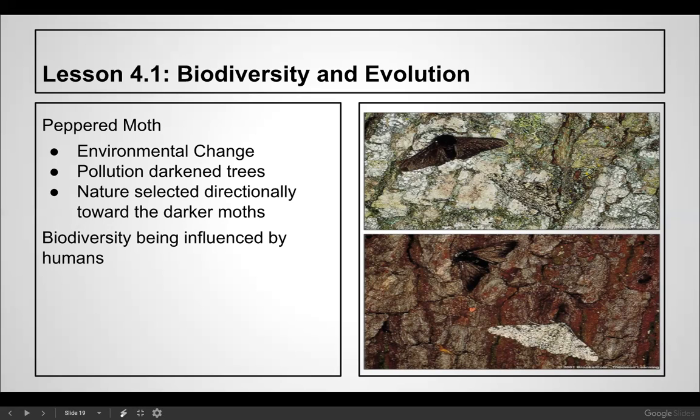So which gene would no longer be as popular in the population? Well, it's the gene for the trait, the allele for the white color in that moth was shown a lot less in the gene pool because the black ones were not eaten nearly as much. There was not many white ones. So the environmental change, pollution darkened trees, naturally selected directionally toward the darker moths, biodiversity being influenced by humans in this situation, right? So the gene pool changed because of humans from selecting the white to then selecting the dark colored